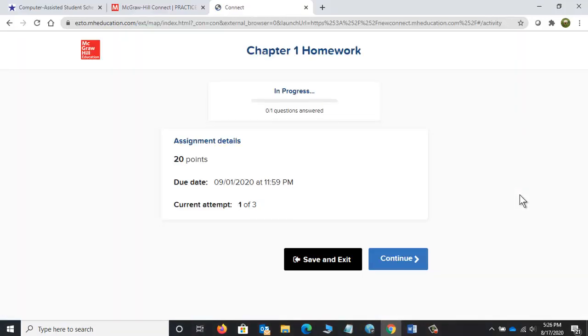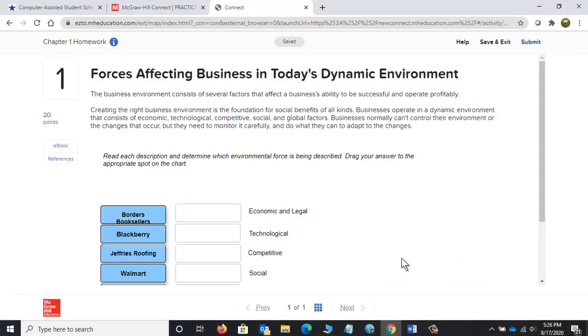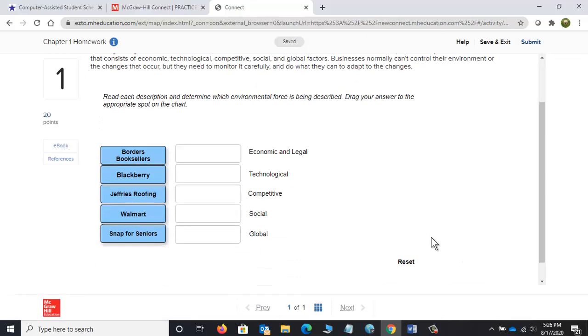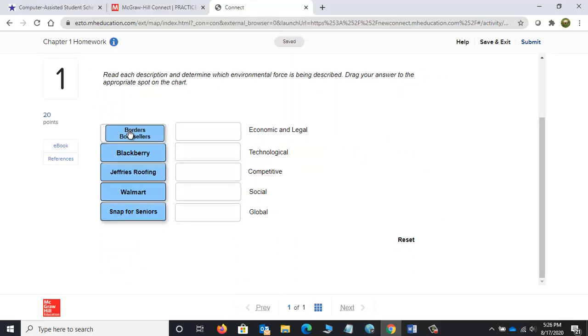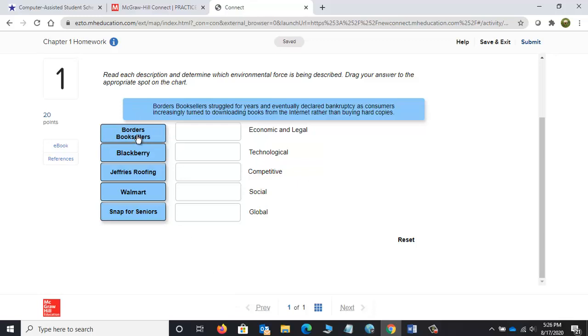Begin and continue. Okay, this is that drag and drop assignment. Okay, so you hover over and you decide where does this go, and you match this the situation. Borders booksellers struggled for years and eventually declared bankruptcy as consumers increasingly turned to downloading books from the internet rather than buying hard copies. So what environment is this describing? I'm going to say